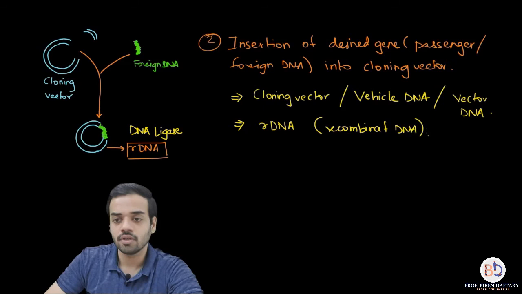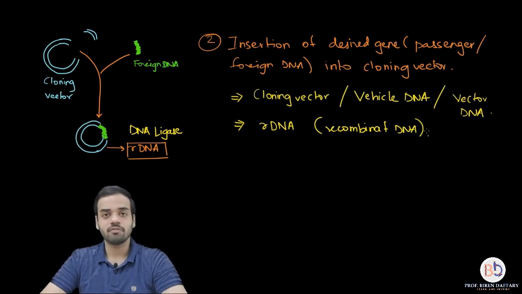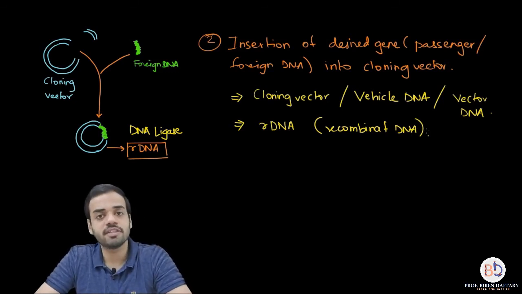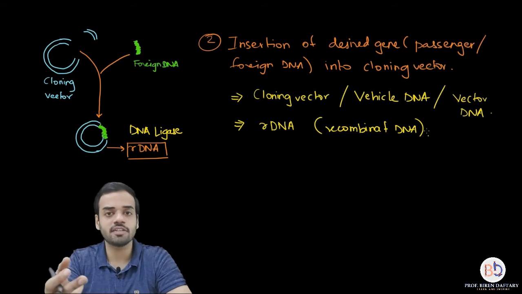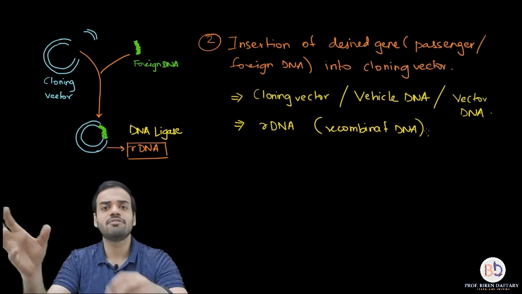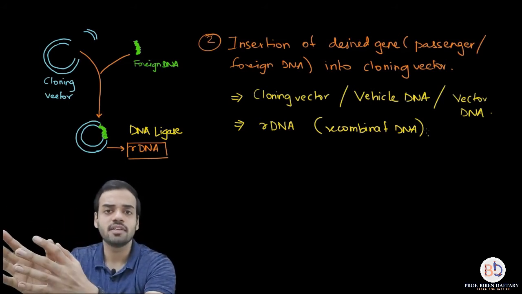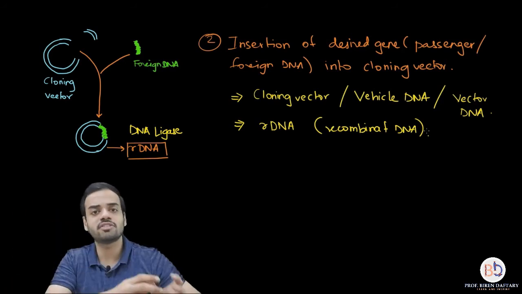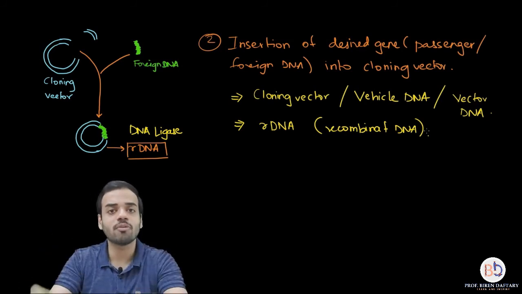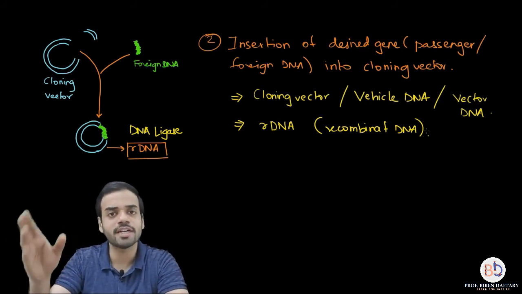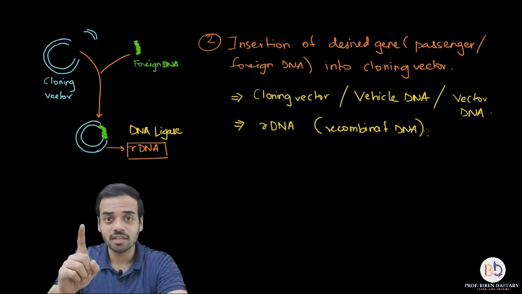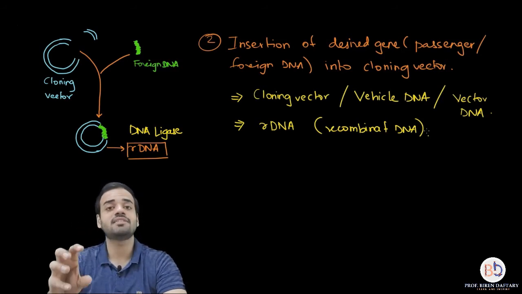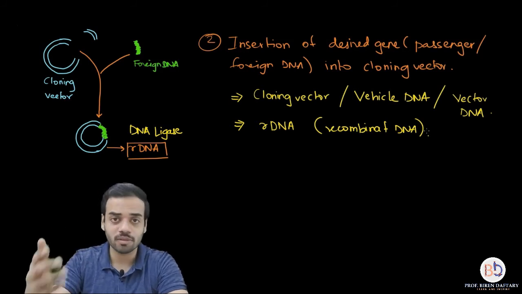Is this clear? Okay, now please remember, when we explain this recombinant DNA mechanism, we are just explaining with the help of one example. For example, we are taking one plasmid, one desired gene, and forming one recombinant DNA. But in the actual experiment, we are taking hundreds of plasmids, which are cut by the same restriction enzyme, and similarly you have hundreds of desired genes. So hundreds of recombinant DNAs are formed. They are duplicate copies of each other, but it is not a single one. Please remember, these experiments are there normally when you do your bachelor's or master's in biology, okay?